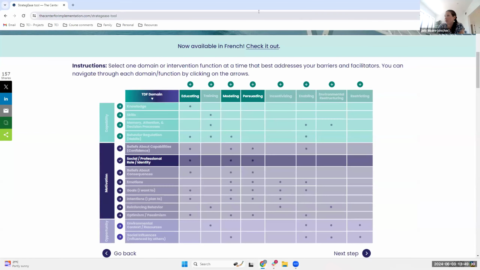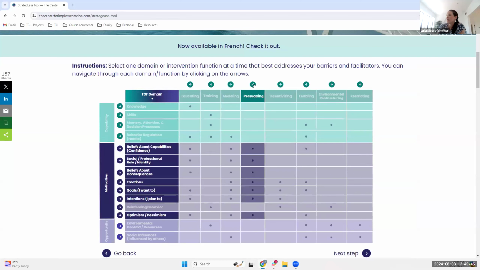One of the things I love about this is, say you pick a strategy like champions, which is a really common strategy. That strategy is a form of persuading. I can click on persuading and look at all of the different domains that this taps into. So one single strategy can help us do a lot of different things.